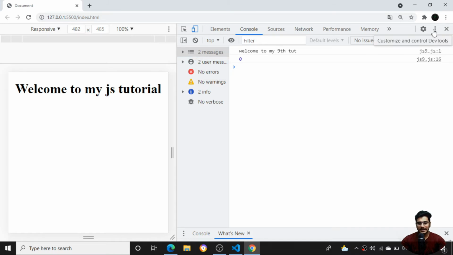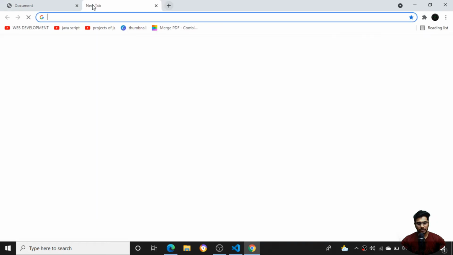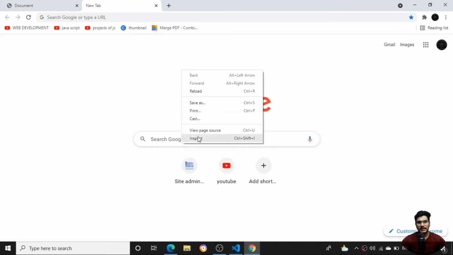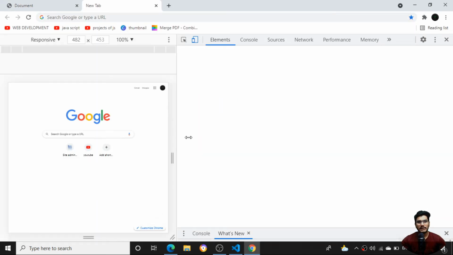It tells how much width and height we have scrolled. For example, open a Google page and scroll over here. I need to have a scroll button. What I mean is, if I have some scroll buttons like that. If I open Google here, right click and inspect, you can see the stuff.